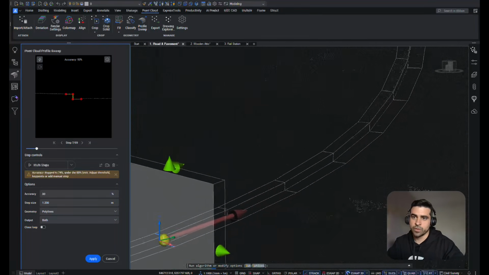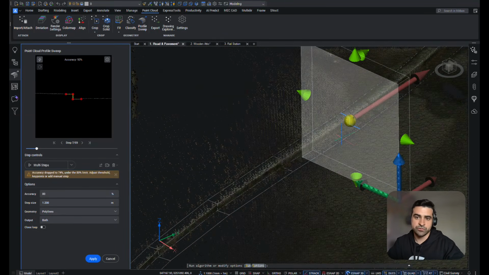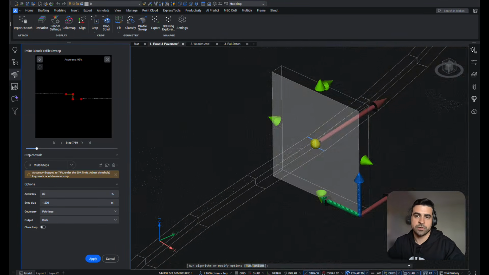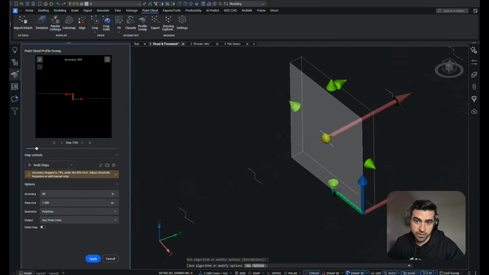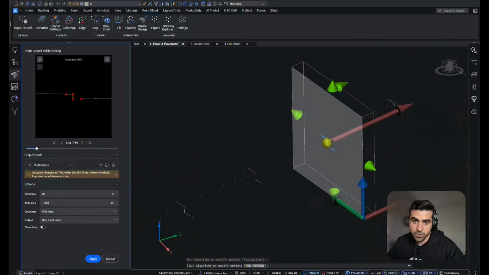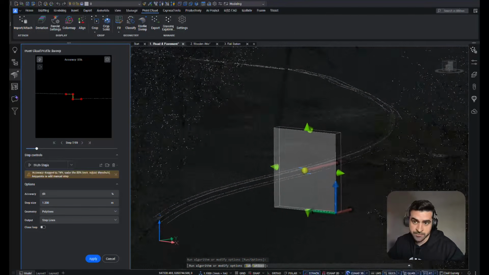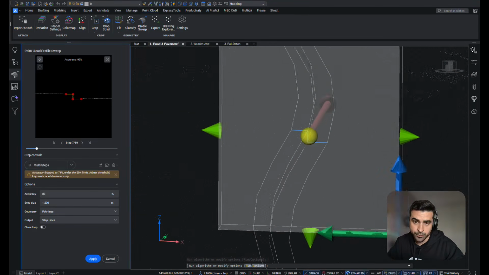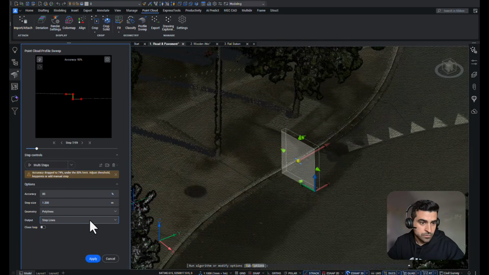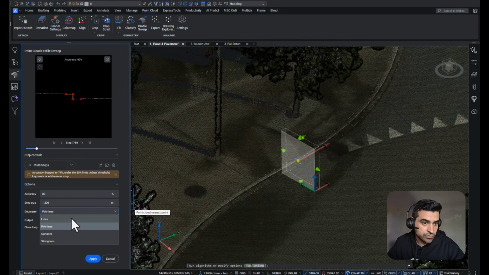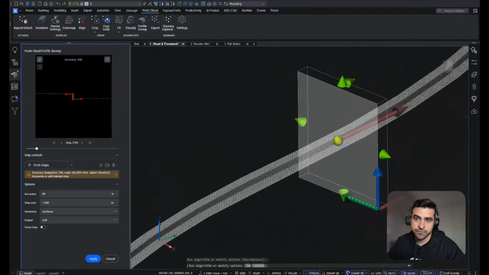Okay, so we could have reduced the step size to be a bit more accurate, but the direct result of this tool is the fact that we can create polylines that output either the profiles themselves or the step lines. So this actually gives us the outline, the polyline outline of the pavement. And by enabling the geometry surfaces, we can directly create a thin surface out of them.